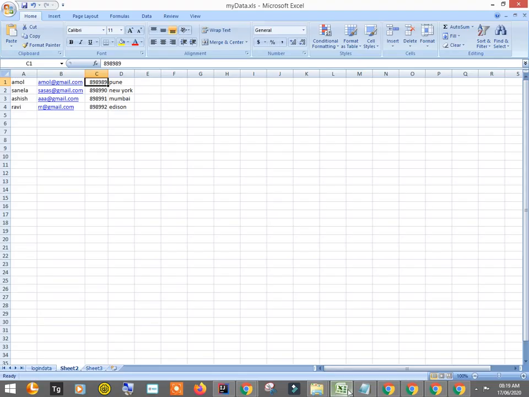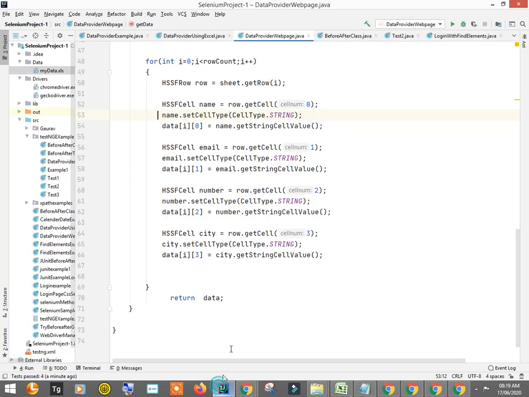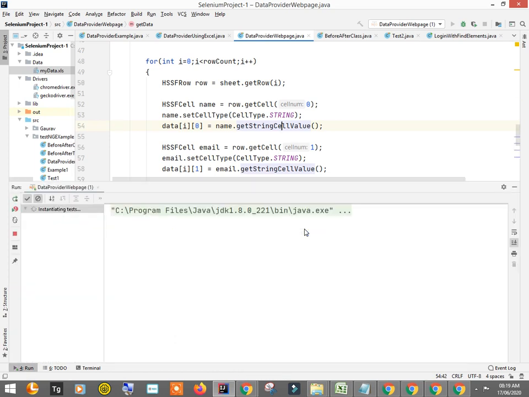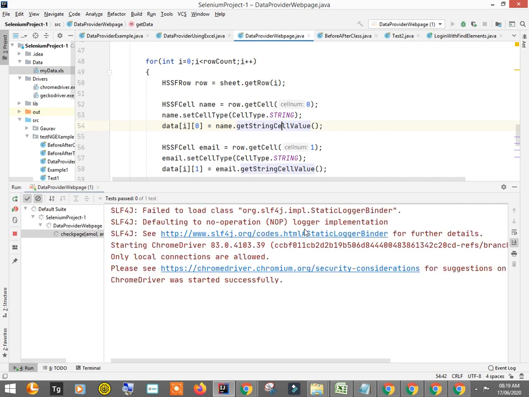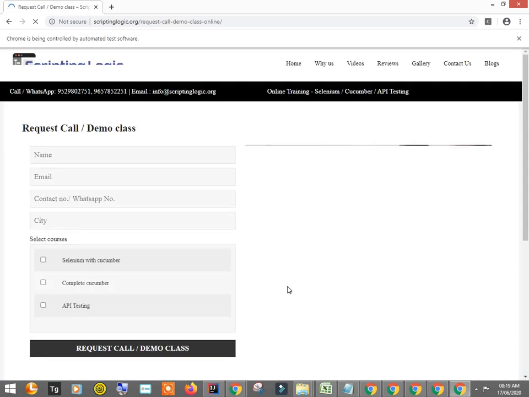There is one more quick thing over here. Suppose you may have some field blank. Suppose one of the fields is blank over here, I'll save this and try to run this. Okay, it is working. Actually, in the latest jar, this is handled.